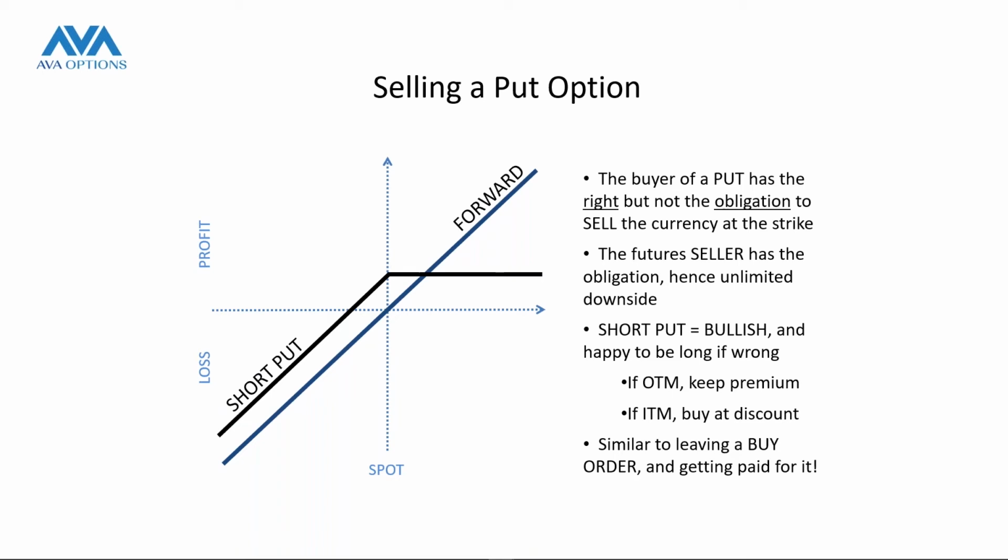The option buyer is going to pay you up front for the right to sell to you at that known price. So Eurodollar today is trading at 118.50. If you said, if it drops to 117.50, I'm happy to buy, you can sell a 117.50 put to AvaTrade and get paid for that option. If the market doesn't go anywhere, you keep that premium. If the market drops to 117, you get to buy at 117.50, and you kept your premium. So you still have that outperformance because you earned the premium. Here, anywhere it is, you earn that premium.